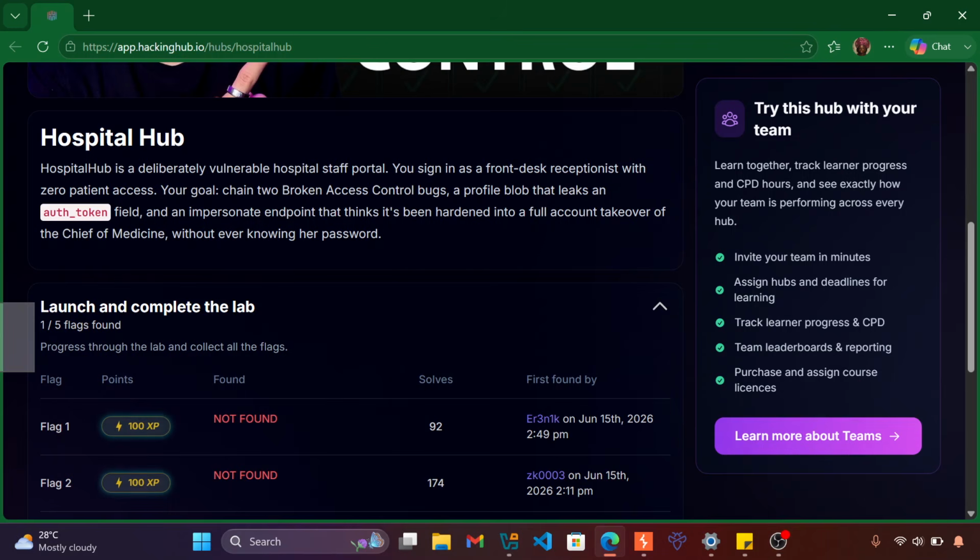If you take a look at this lab, it's a hospital lab from hackinghub.io. It says Hospital Hub is a deliberately vulnerable hospital staff portal. You sign in as a front desk receptionist with zero patient access. Your goal is to chain two broken access control bugs, a profile block that leaks an authentication token and an impersonate endpoint, into a full account takeover of the chief of medicine without ever knowing the